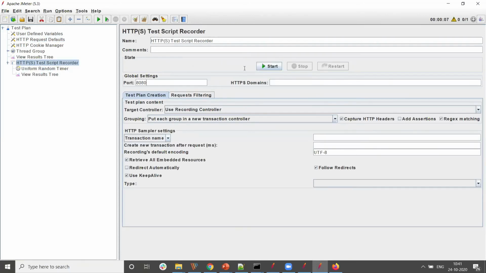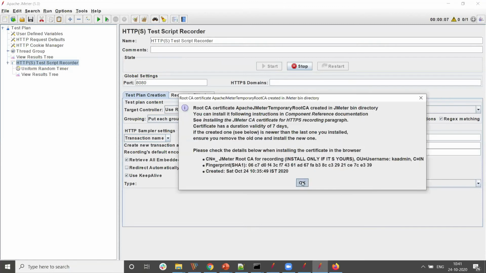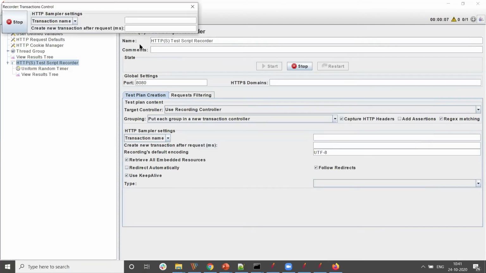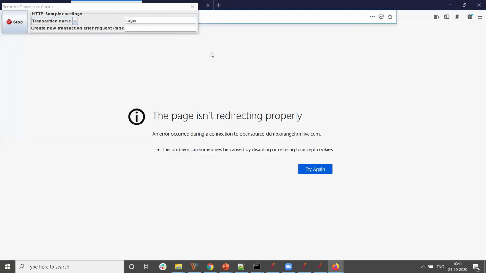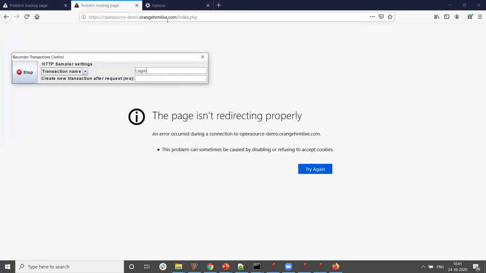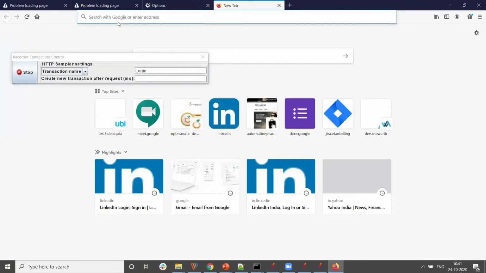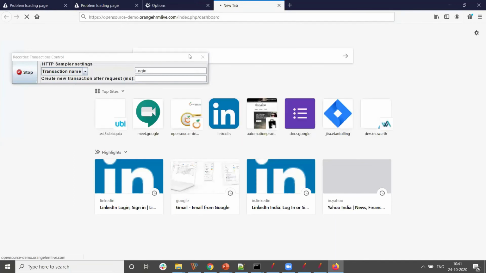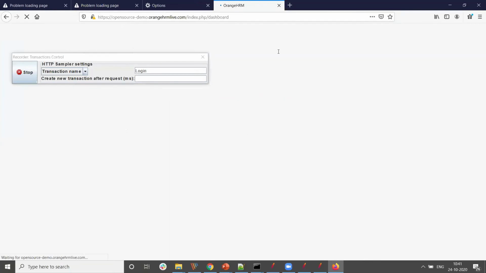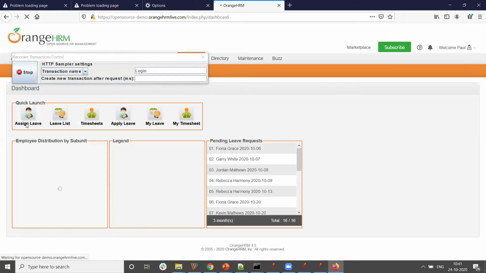Now I'll go to 8080 and start. Let's start with the login directly. Again, I'm using Orange HRMS. It will directly give me this.